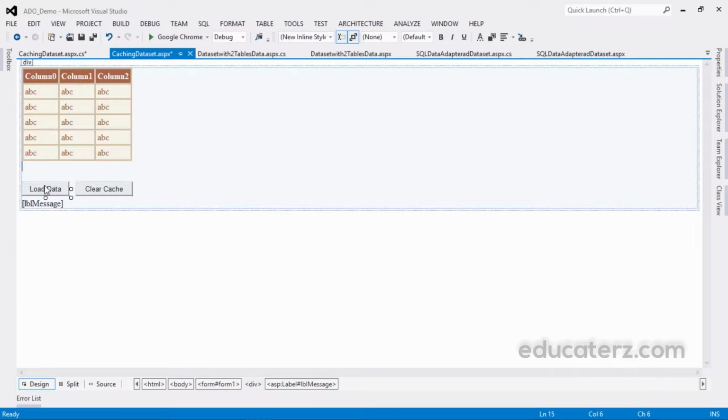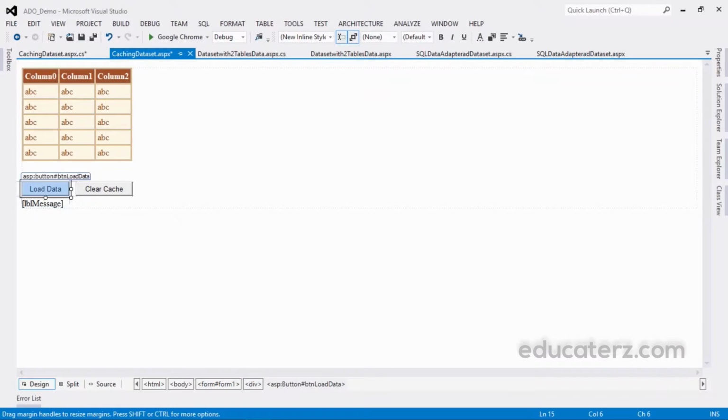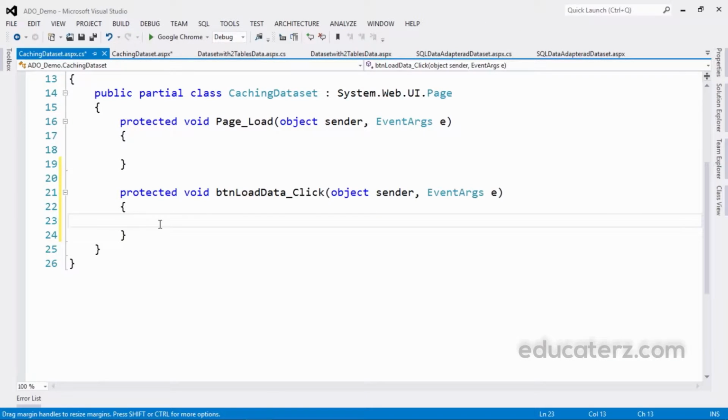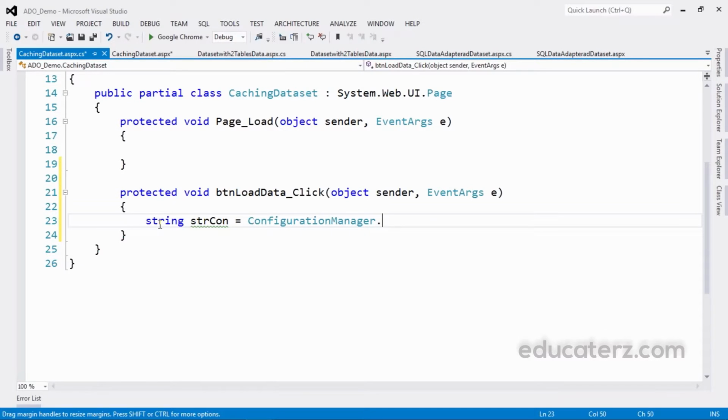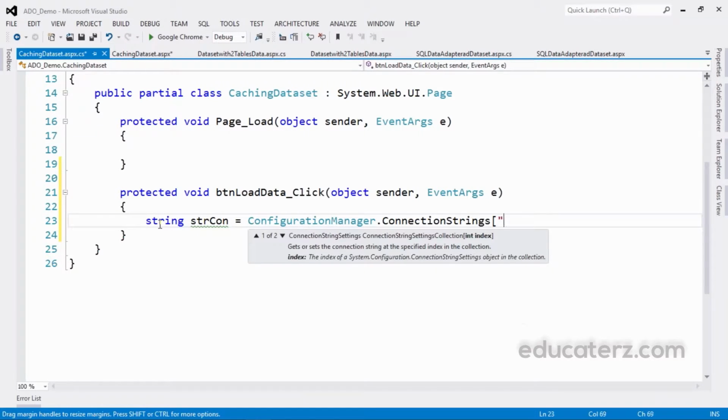Now let us make a button click event for this load data. Here I am making string strcon equals ConfigurationManager.ConnectionStrings dbcs. From where are we getting this dbcs?